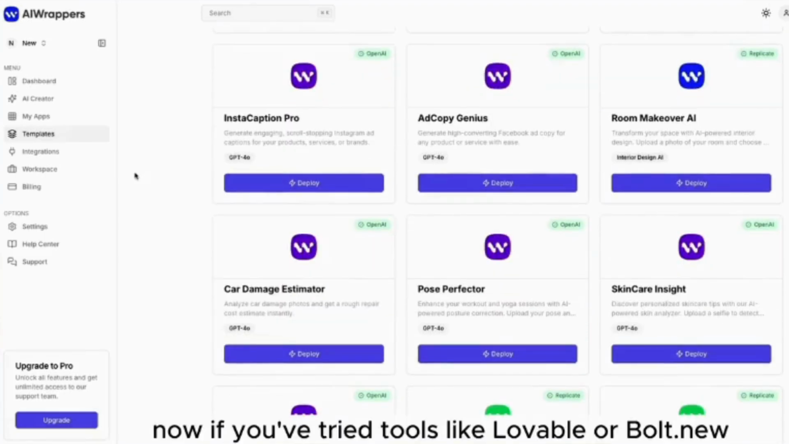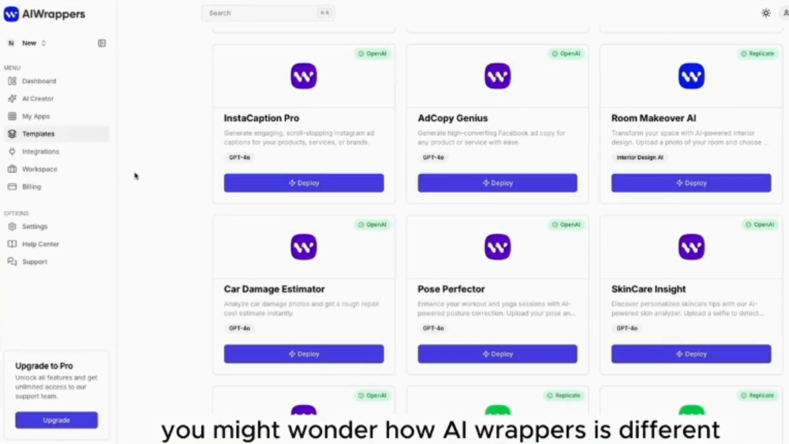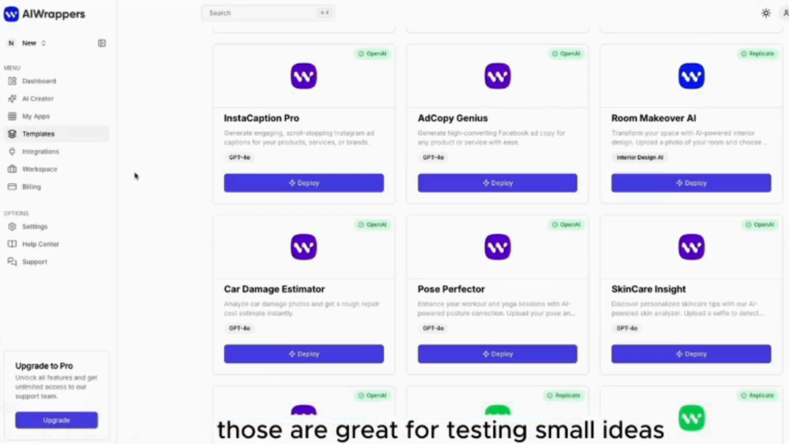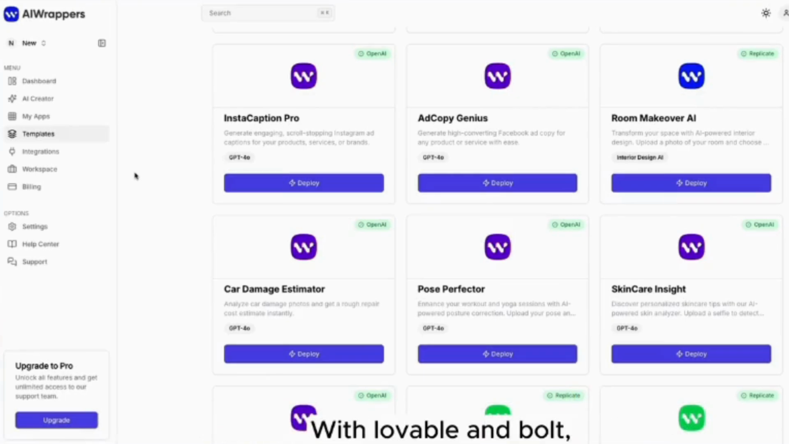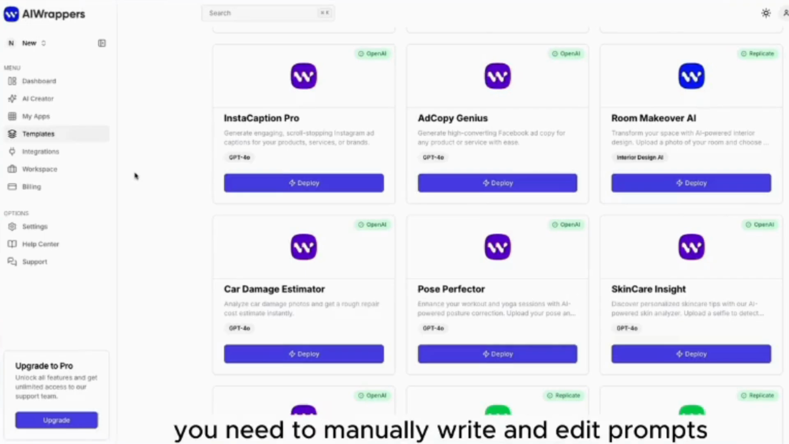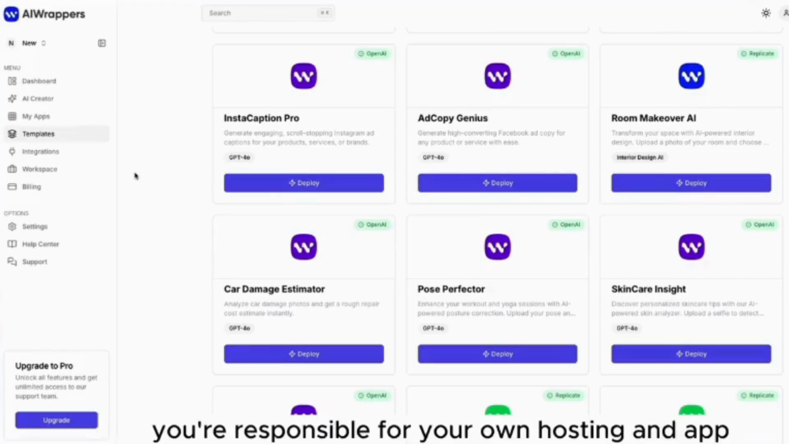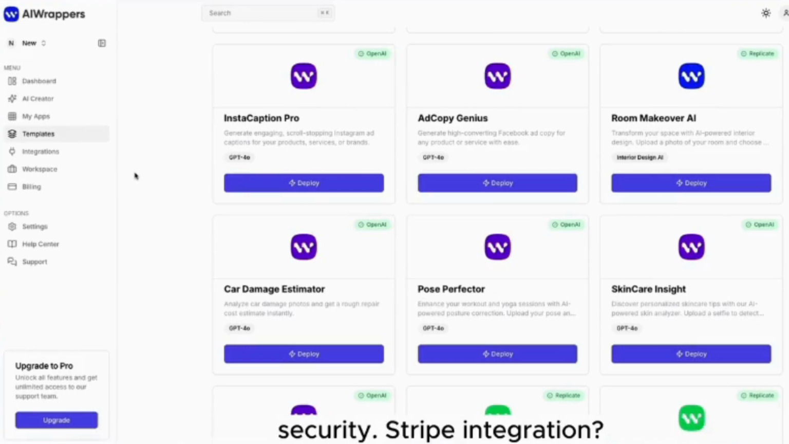Now, if you have tried tools like Lovable or Bolt.new, you might wonder how AI Wrappers is different. Those are great for testing small ideas, but here's the difference. With Lovable and Bolt, you need to manually write and edit prompts. You're responsible for your own hosting and app security. Stripe integration